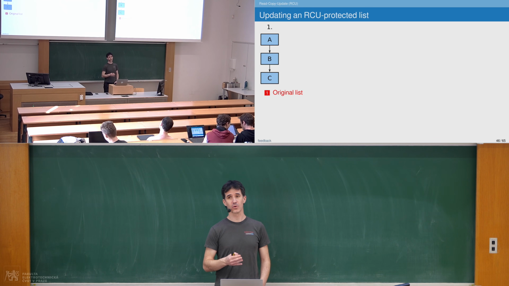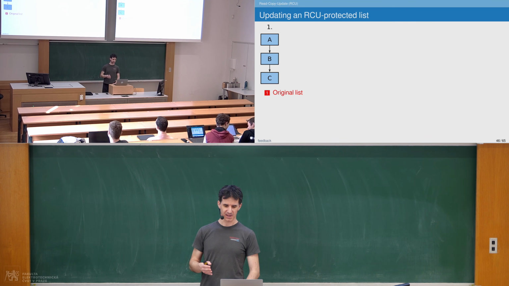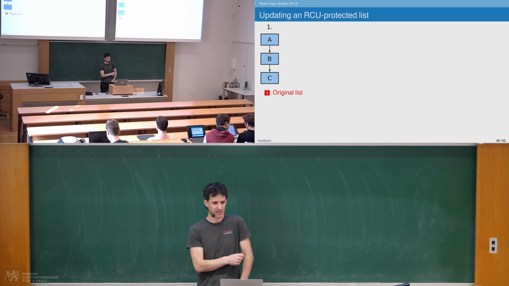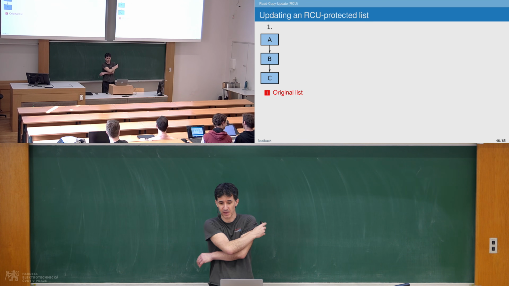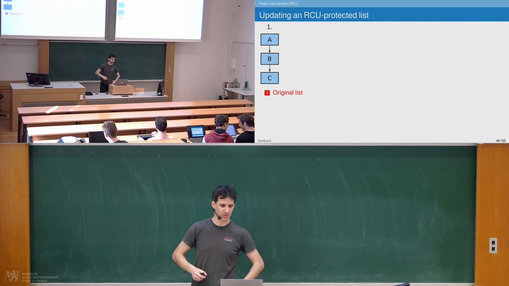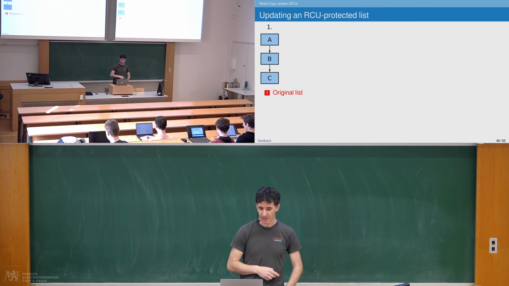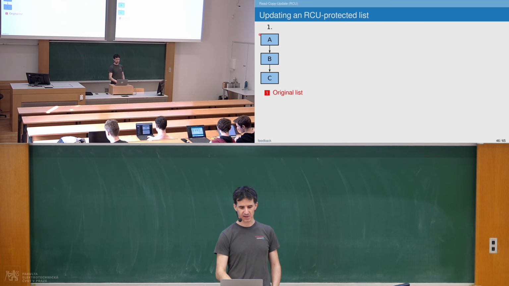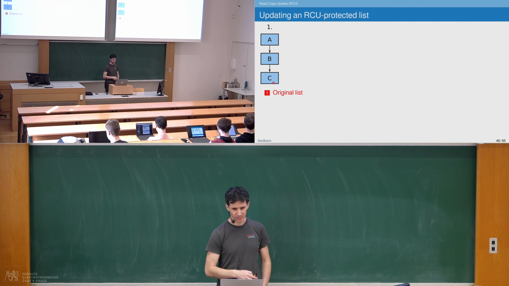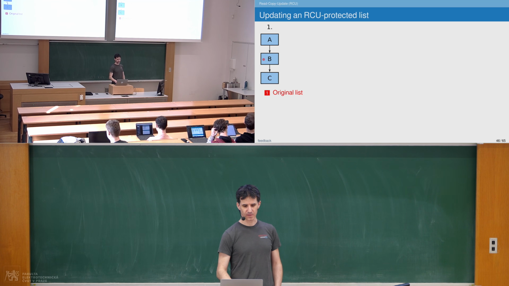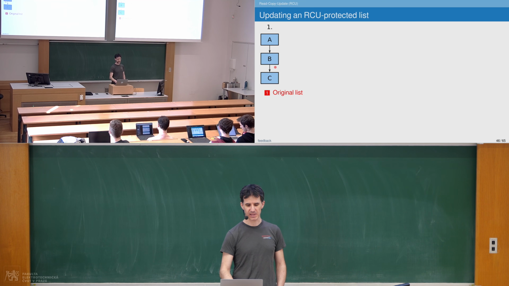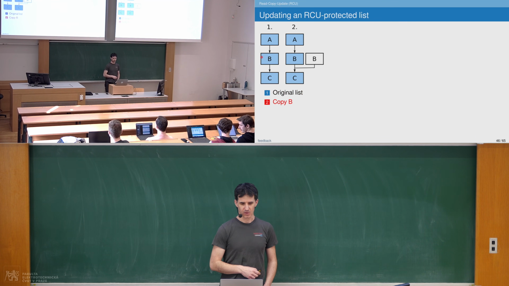These are more complex, more tricky than we would have time for in this lecture, so I am just using this very simple example, but this should be sufficient for you to get a basic idea of what it is about. So imagine we have a singly linked list containing 3 elements, A, B, and C, and we want to modify this B element here. What we do,